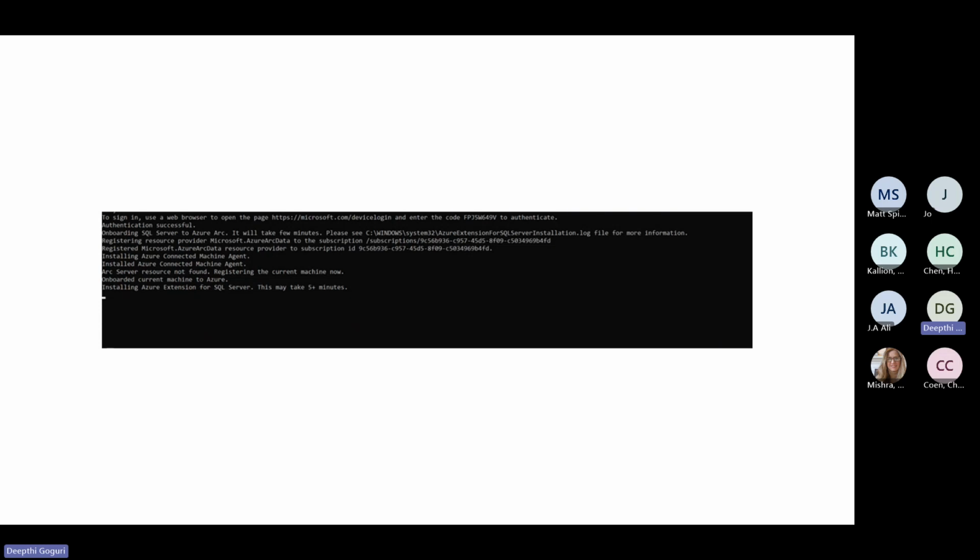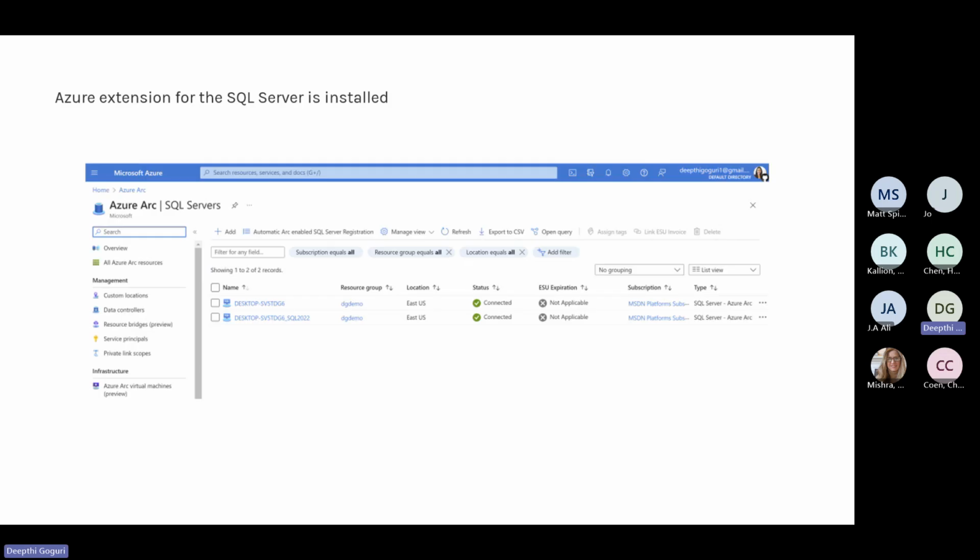Like I said, the first thing it will register the machine itself, Windows or Linux machine itself, and then it will go ahead and install the Azure extension for SQL Server. So once that is installed, once it is successful, then you can go ahead to your Azure portal and search for the Azure Arc on the top in the search bar, which will open up the Azure Arc,